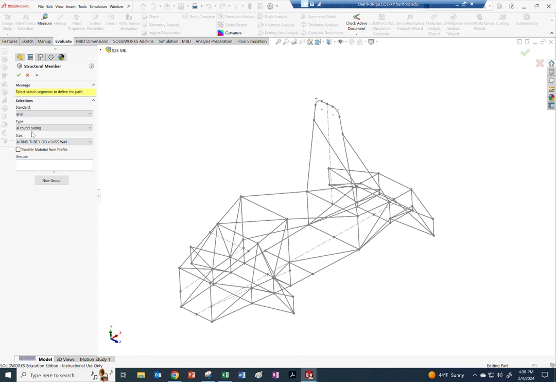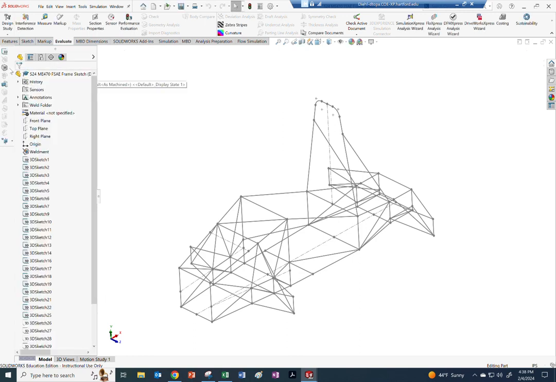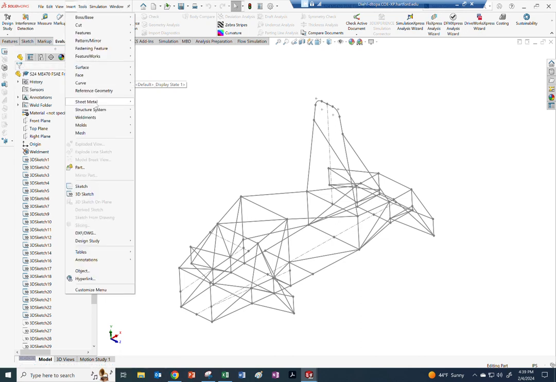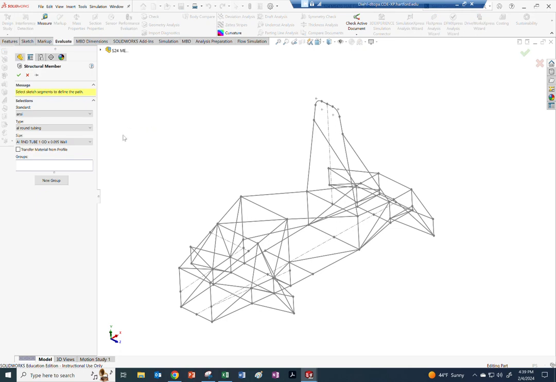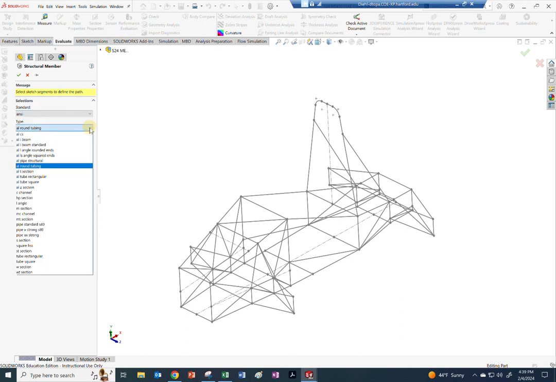All right, so here, the one that I picked for the Weldments, you see that I clicked over. I should have pointed out right here is the Weldments toolbar. I can't quite remember how I got the toolbar in there, but you don't necessarily have to do that. I think you can come down into Weldments and then click on the structural member right there. So we click on the structural member. And there's a bunch of different standards, and I decided to stick with ANZ. And if you have ANZ, you'll see that there is, I think it's lowercase, aluminum AL